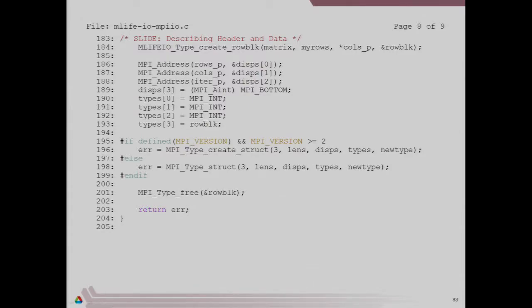So we're going to get the address of our rows, our columns, and our iteration variables and stick them in this displacements array. And then we're going to put the MPI bottom in the 4th displacement array. And then we're going to say, okay, well, rows is an integer, columns is an integer, iterations is an integer. Oh, and this 4th type is one of these funny row block things. And then we're going to call some flavor of the struct creation function depending on what version of MPI you've got. This is the newer one, MPI type create struct. And so type create struct,